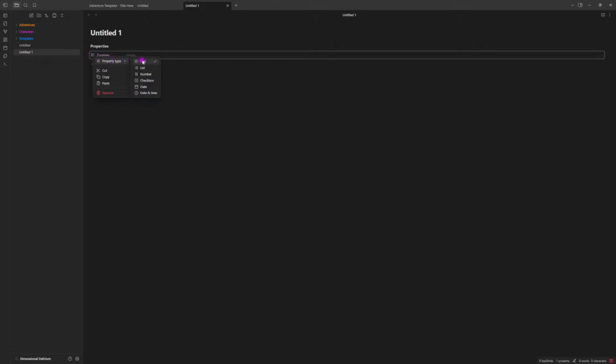What type of property is it? Is it text, list, checkbox, date? Is it just for a number? Do I make a list with it? And now on this page,